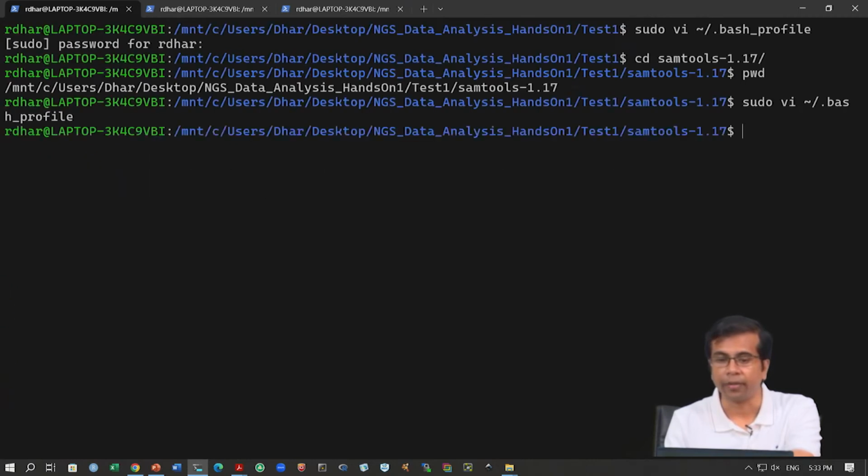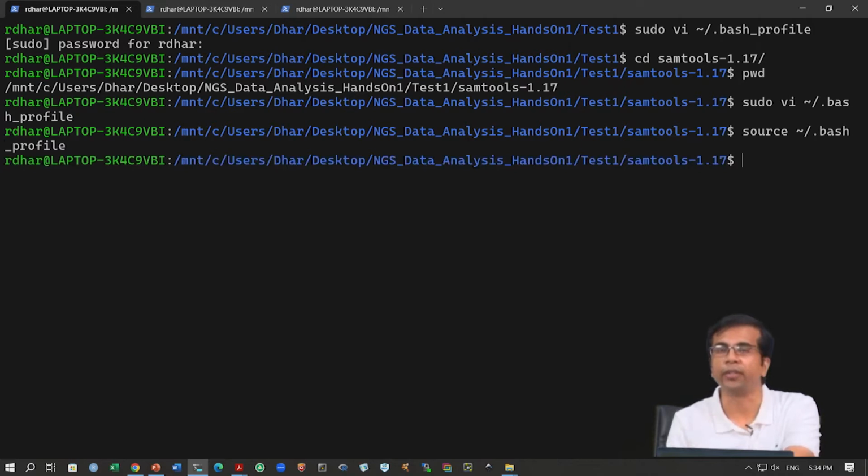We save it and we come out into the terminal. So, again, if you are not sure how to modify these files, please do not do that, okay, because this might end up causing problems for your system. Okay. All right. So, once you have done this, one of the last commands that we want to run is source. So, it kind of refreshes, right, it reads the path, and once it does that, right,